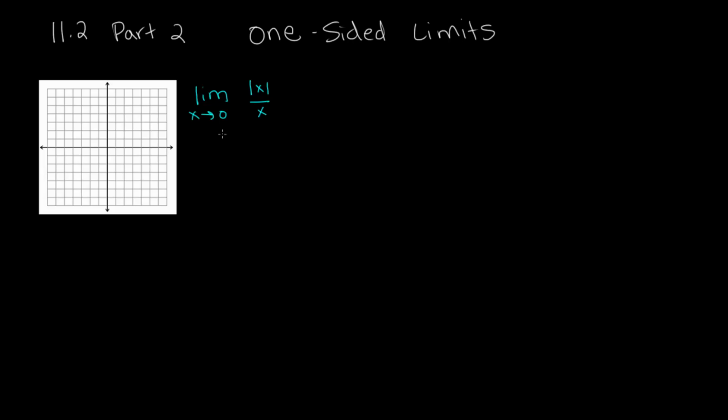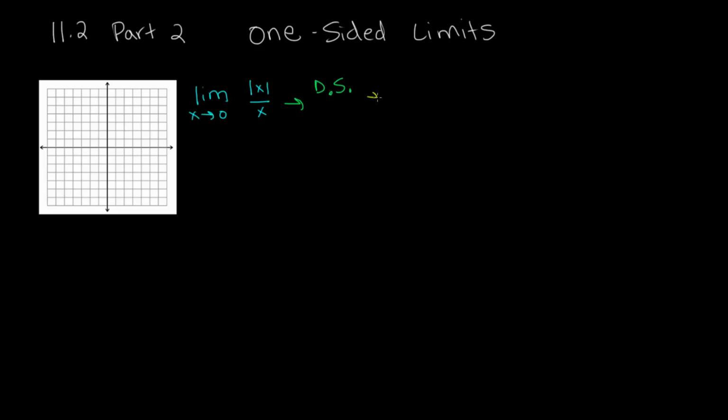So we're given a problem here: the limit as x approaches 0 of the function the absolute value of x over x. The first thing we want to do in any limit problem is see if we can use direct substitution. We always want to see if we can take the easy way out and just plug in 0 into the function to find our limit before we do some additional